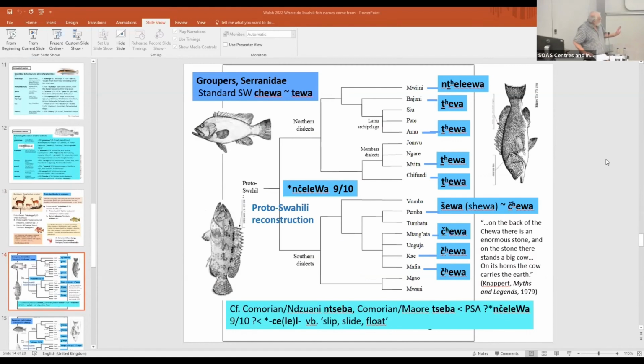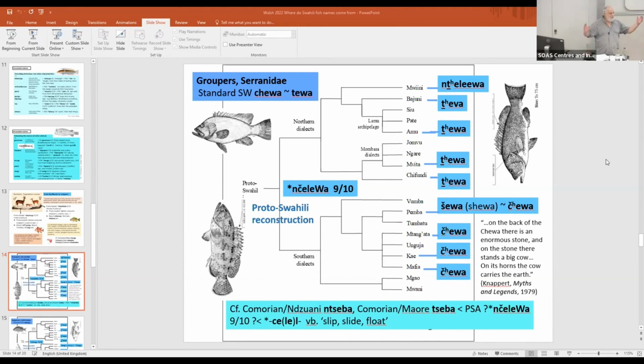Now, in the time remaining, I can only show a small sample of the names I've been looking at. Here's Chewa. For Kenyans, you'll know that as the Tewa of Shibola Tewa, famous location, location of a prison as well. Aptly named, I think, for their habit of staying put, literally floating, rather than swimming away when discovered. This is one reason why they're quite easy to spear.